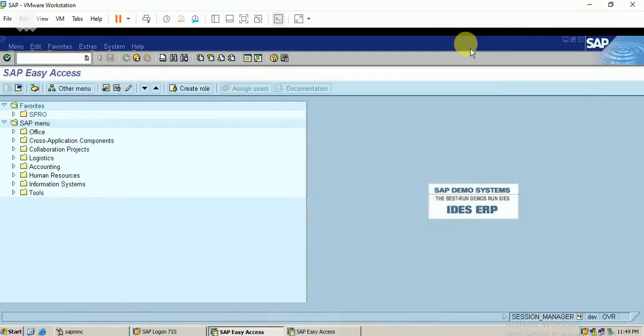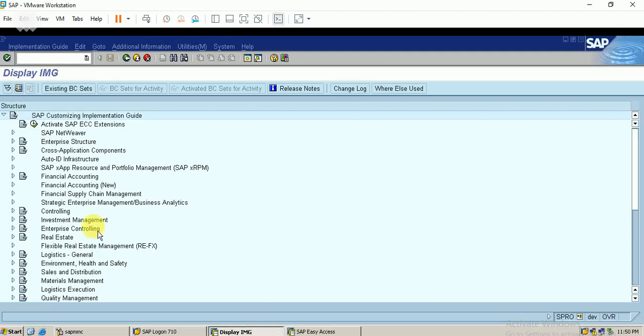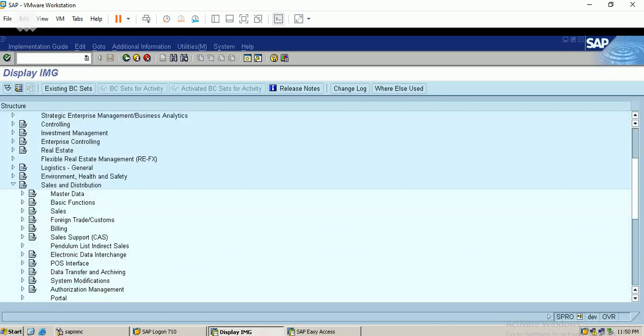So we will go with the inquiry. I just move on to the SAP screen, into the navigation path. The inquiry document type is IN. I move on to sales and distribution, into sales.